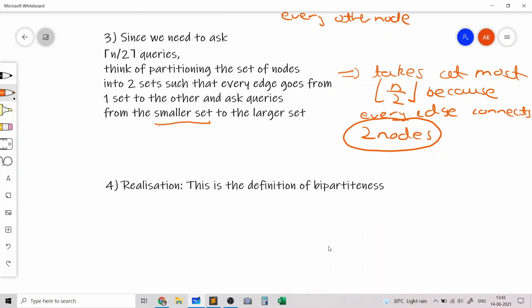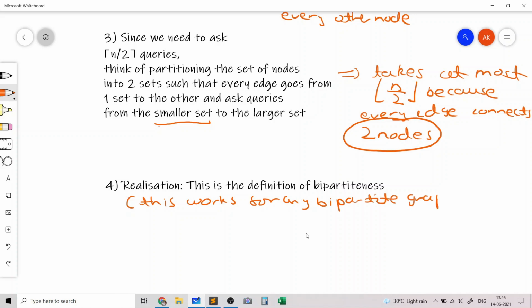And if you have been following along the bipartite problems which I have discussed previously in this playlist, you should be able to realize that this is exactly the definition of what a bipartite graph is, and this will actually work for any bipartite graph and not just a tree. So this is another realization, that this works for any bipartite graph and not just a tree.